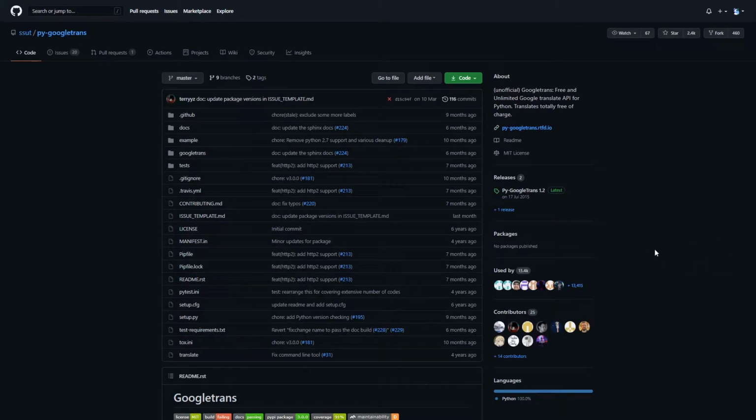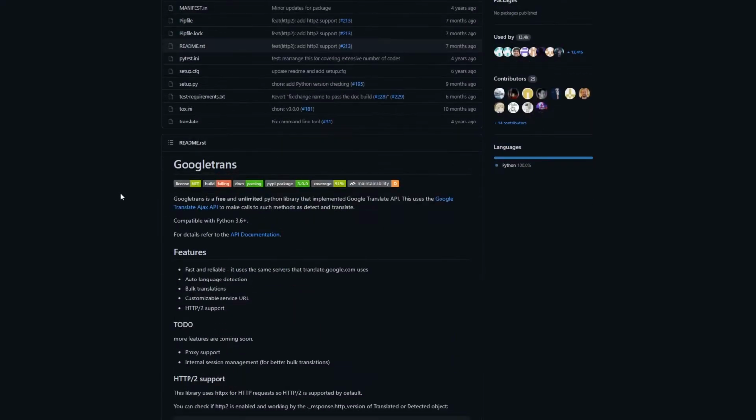So today we're going to be taking a look at another really cool library and GitHub repository known as Googletrans, and this is a sort of API that you can use for Google Translate. So do keep in mind that this is unofficial. This has not been posted here and created by Google. It was created by someone on the internet who just decided to make this really cool API where you can